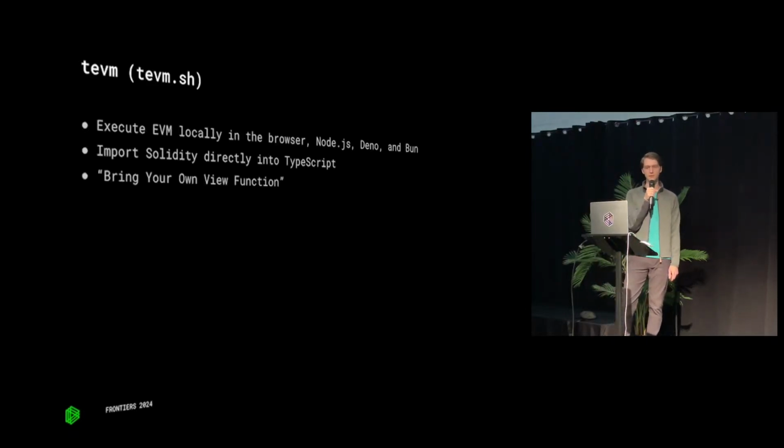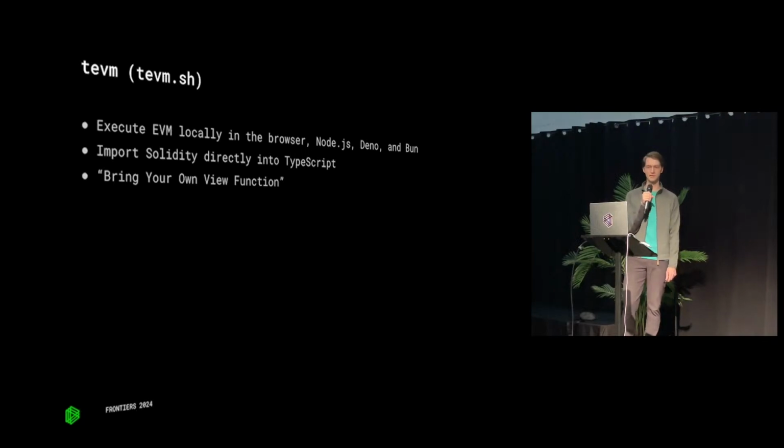There's a few different libraries out there that I think are interesting that approach this in different ways, some of them more experimental than others. One of these libraries is called Tevm, a bunch of EVM plus letters. Tevm's a really ambitious, cool project. It does a bunch of things.